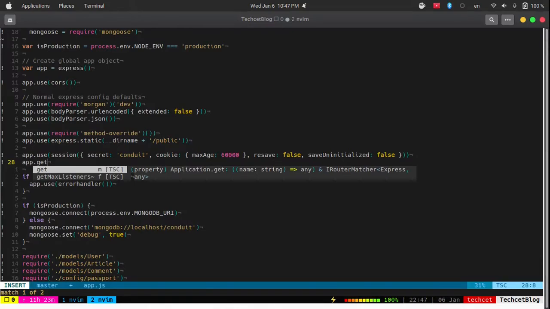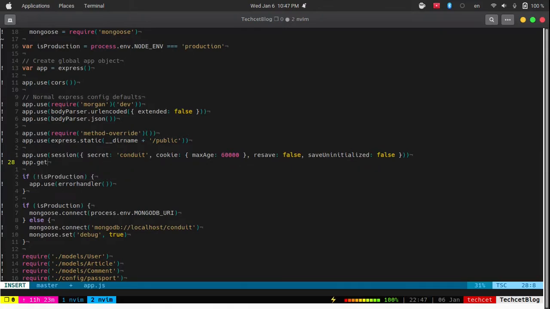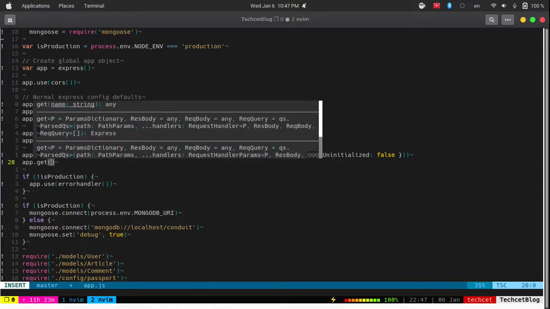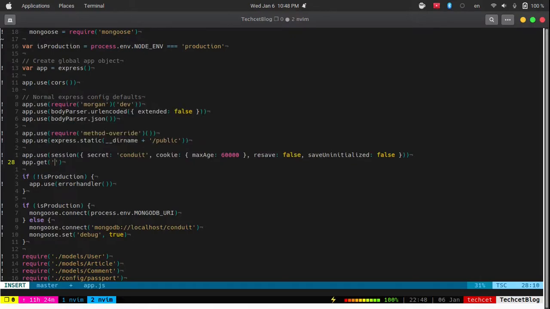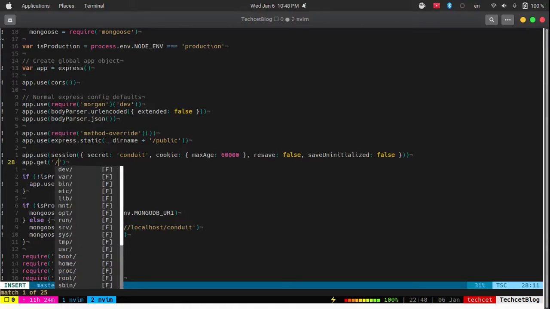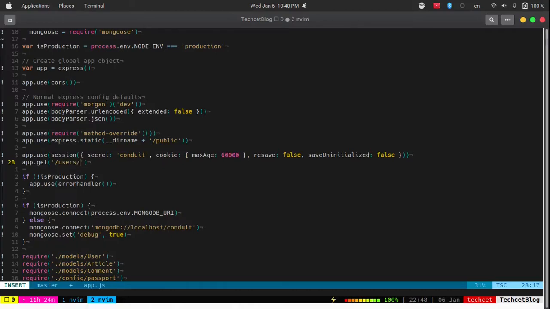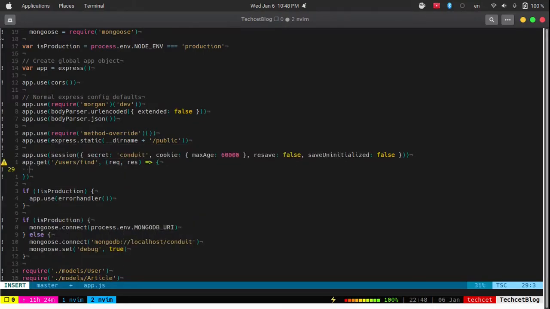You can see more suggestions, that is application.get, and press the enter button, or you can use this one, and you can get the suggestion from right here, that is get name string, get params dictionary, res body, and you can type the string like, let's say, users find, and then a parenthesis, request response, like this one, and